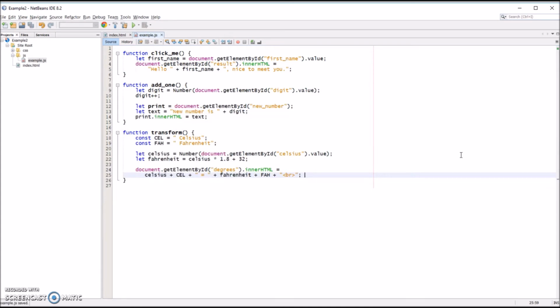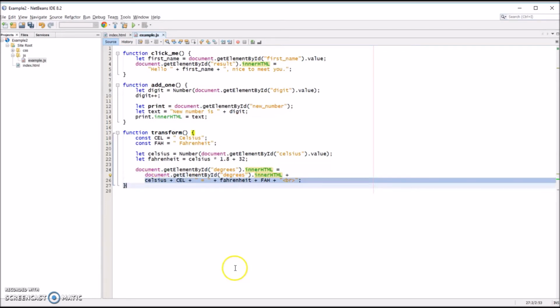And then I want to say that keep what already is here and put this one after. So actually what I want is that what is already printed, put after it this one.